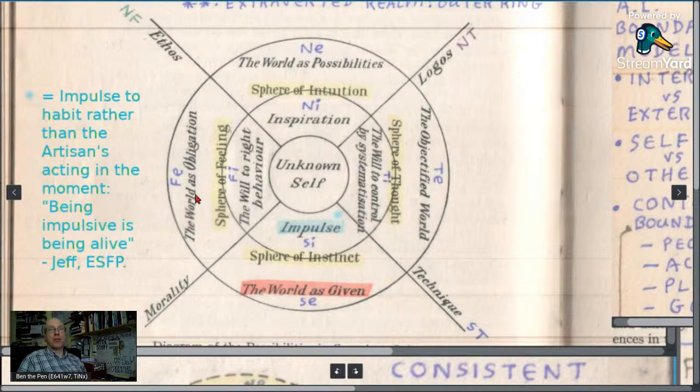Well, ethos with NF. I mean, what else could ethos refer to? If you're doing a diagram, what other 2 could it refer to? You wouldn't do it as, okay, this is ethos, and that means feeling with sensing. And then morality would be, you see what I mean? If you were trying to interpret it another way, it doesn't make sense.